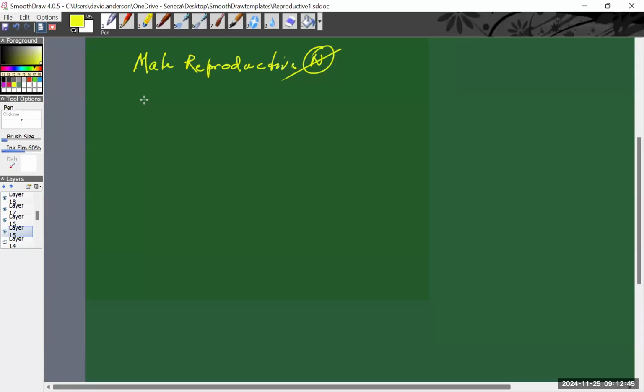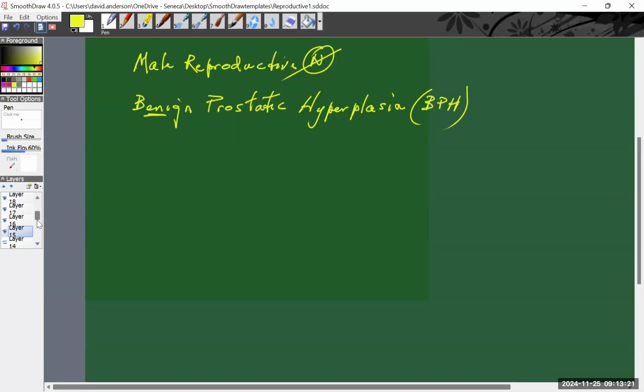So the first one we're going to talk about is benign prostatic hyperplasia. The name actually has everything you need to know about it. It's benign. It affects the prostate and it involves an increase in size and in some cases numbers of cells. Benign prostatic hyperplasia. And as a quick review, we will take a look